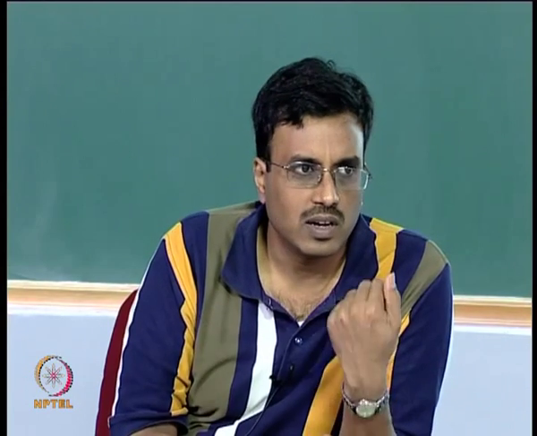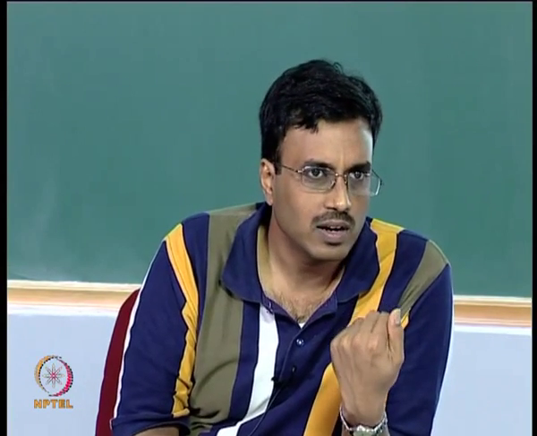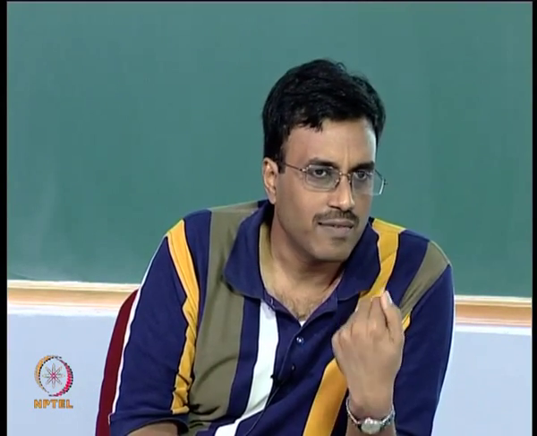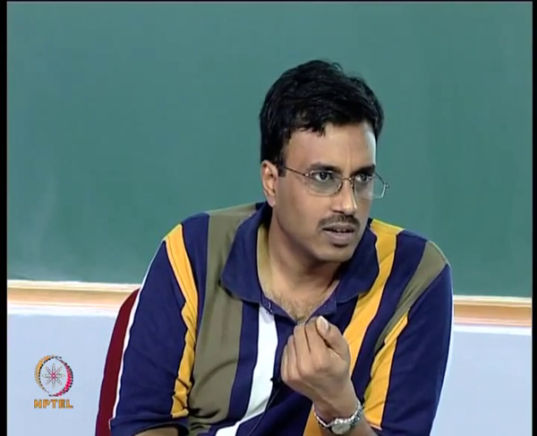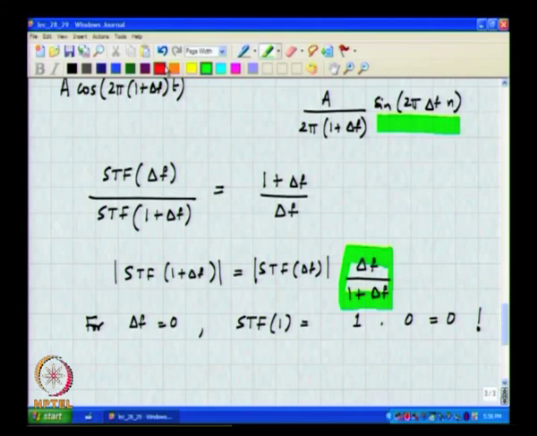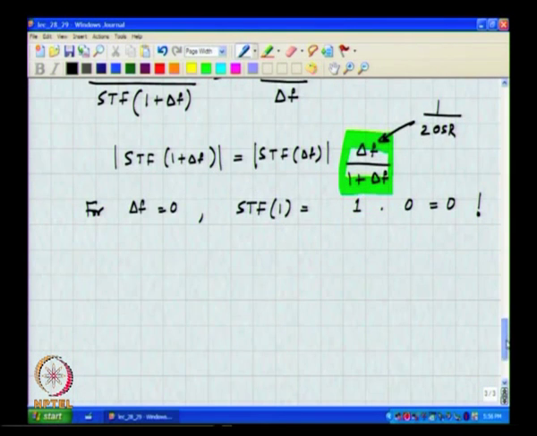Okay. So, it will be 1 by 2 OSR, because F in by Fs by 2 is the OSR, is 1 by OSR, sorry. Okay. So, the delta F numbers that we are talking about in practice will be of the order of 1 by 2 OSR. So, with a first order delta sigma modulator, is this clear why this is 1 by 2 OSR? No. Okay.